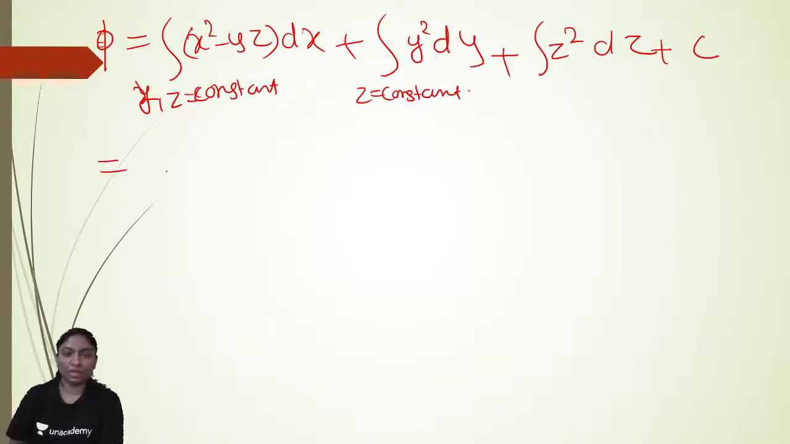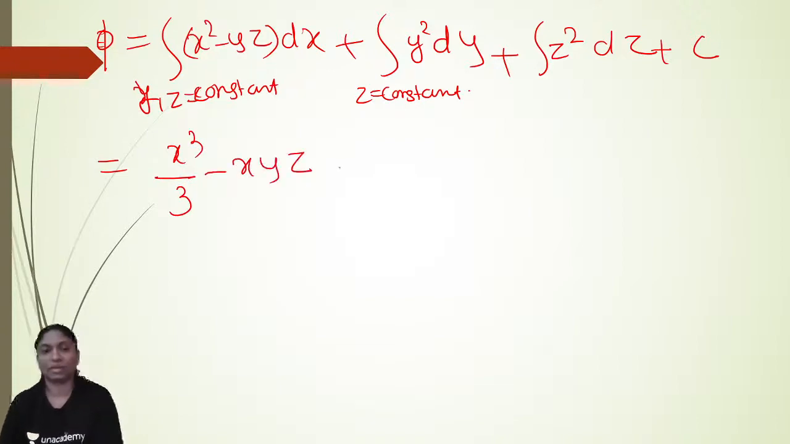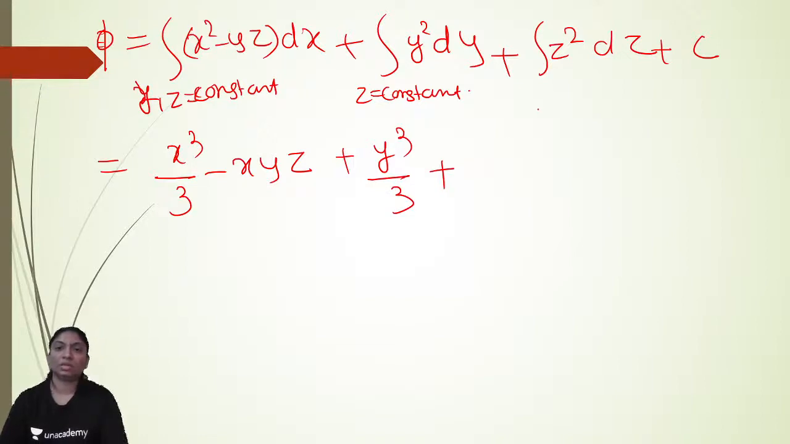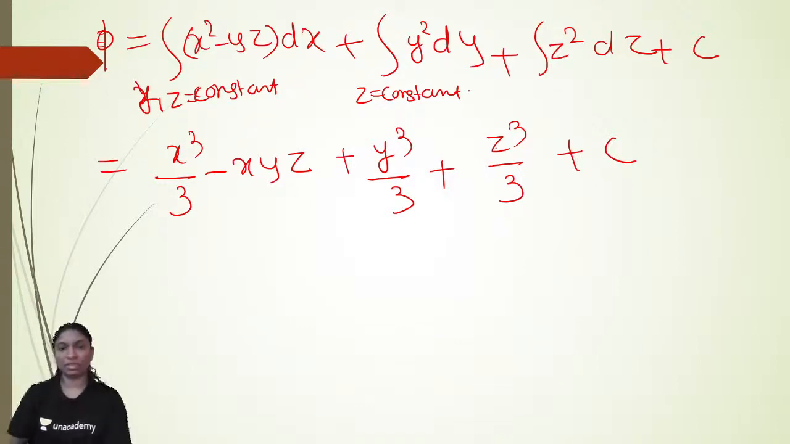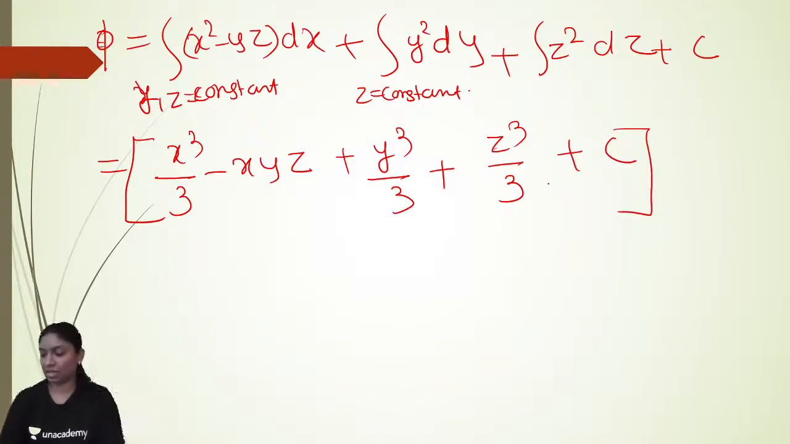Now the points are given here, keeping y and z constant. So you will get x cubed by 3 minus xyz, minus xyz plus here integral of y square, that is y cubed by 3, plus here you will get z cubed by 3. So x cubed by 3 minus xyz. So this is up to the point. From the points are given